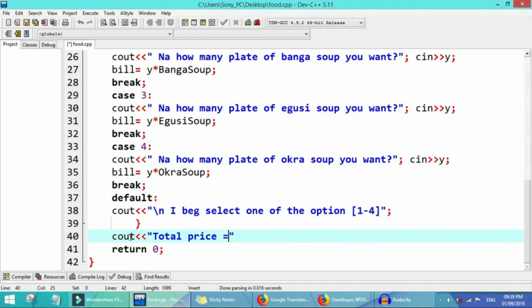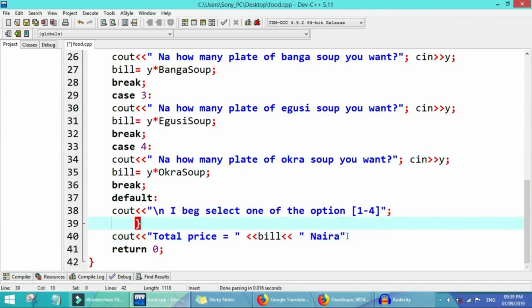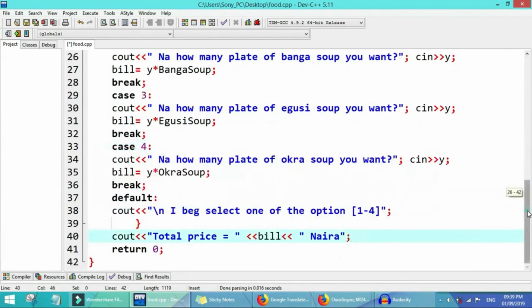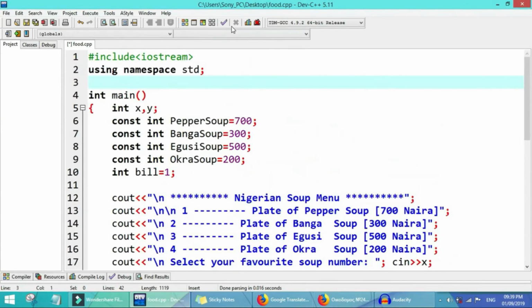Total price is equal to the bill we get for each of the cases, and our bill will be in naira. Things are almost finished. So let me run it and see whether it goes as we planned. We run it now.